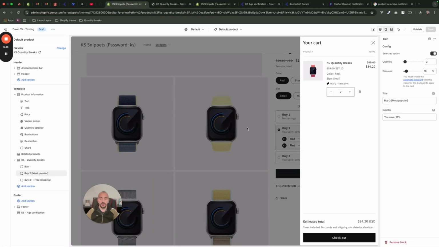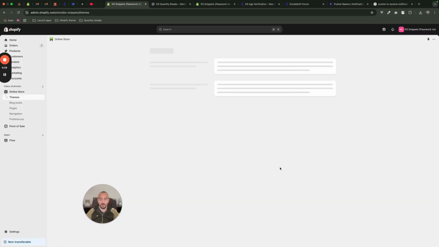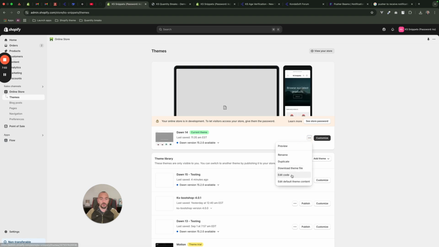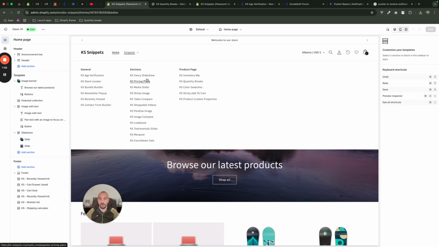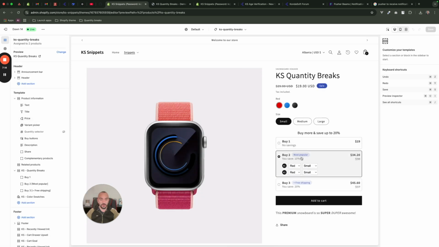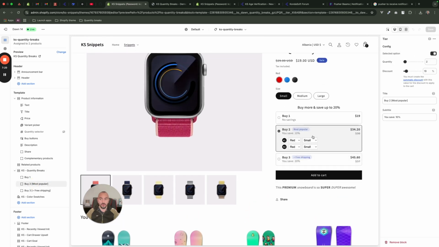Okay, then going back again to the snippet, we have the option here for the title, which is buy two. Also here, it is not visible, but in fact it should work on our, let's quickly check our live theme. So if you open on the live theme, the quantity breaks, you should see that this styling works better here. We have to fix that styling. So here